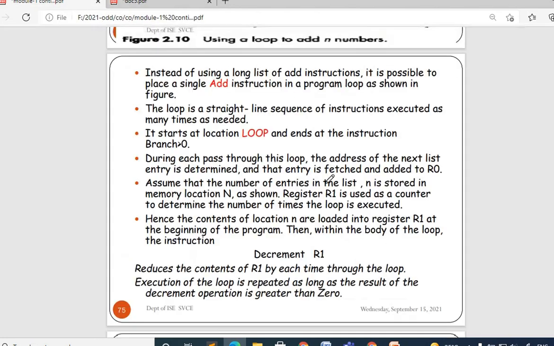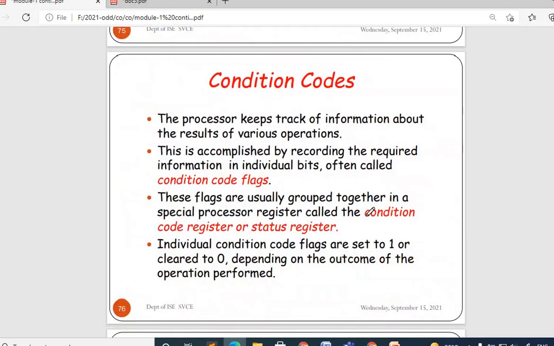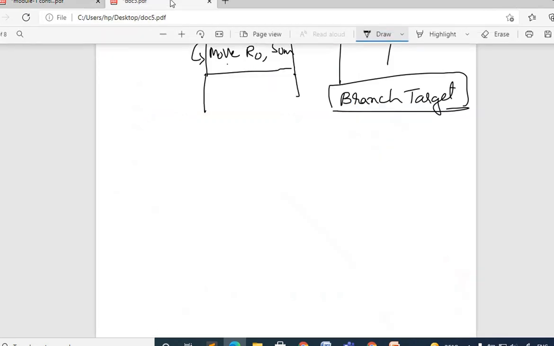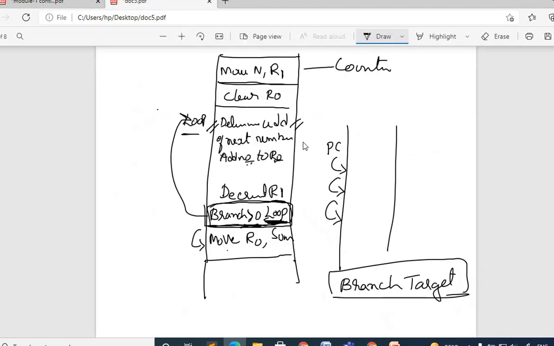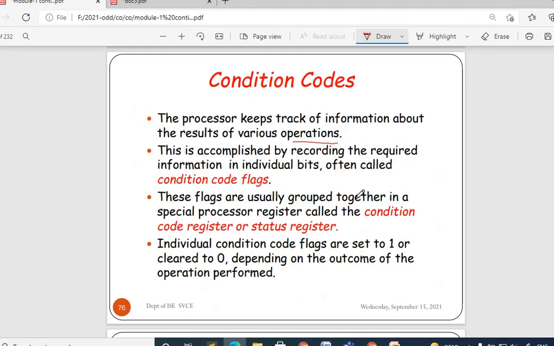Next we have another small topic called condition codes. Whatever operation takes place in the processor, it keeps track of information about the result of various operations. Each time it performs any operation, either addition or a branch statement, the corresponding information is stored in the condition code flags.